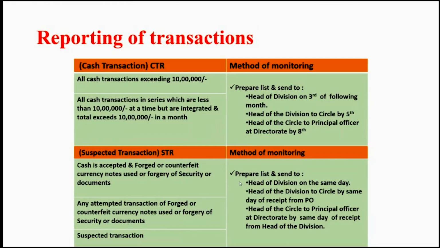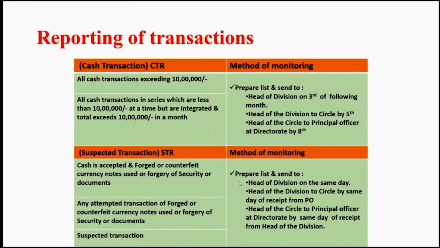Whenever in an office, a depositor's cash transactions exceed rupees 10 lakhs in a month, then these types of transactions must be reported under this cash transaction report. So all the cash transactions, be it in a single time or in a series of transactions, the aggregate value of which exceeds rupees 10 lakhs in a month, should definitely be reported in this cash transaction report. And the suspected or suspicious transaction report is nothing but